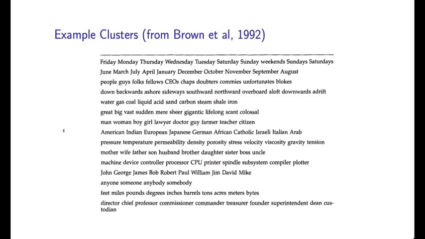So firstly, here are some example clusters. This is actually from the original paper by Brown and colleagues from 1992. And so again, remember, the input to this algorithm is unlabeled text. What they've shown here is some different clusters that their algorithm recovered. So this is basically a partition of the words in the vocabulary into clusters in such a way that similar words appear in similar clusters. And these are really rather striking. So the first one, if we look here, has